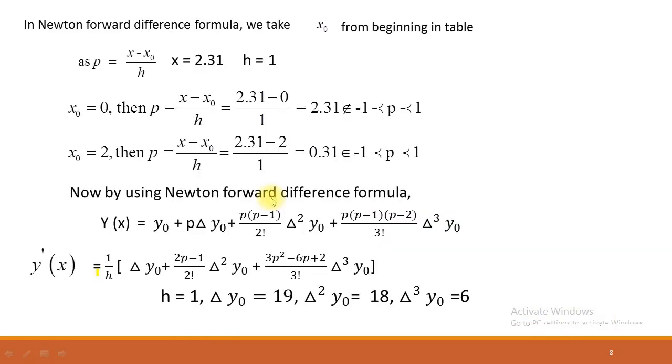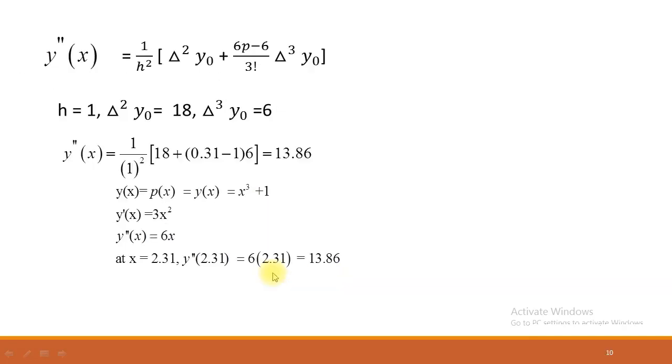So putting these values, delta square y naught is 18 and delta cube is 6, in this second order derivative of the function, we get 1 over h square, 1 over 1 square into 18. This is the value of delta square, and